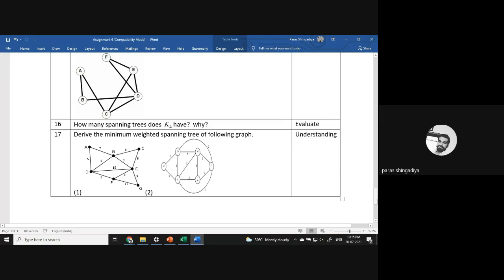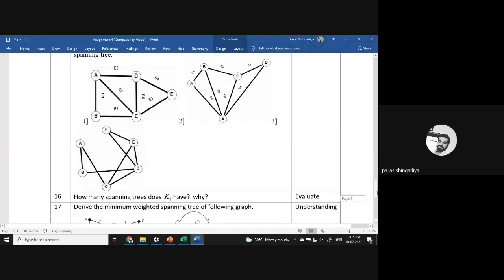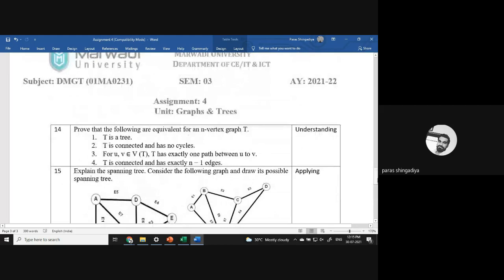Okay, and you can also try it. It is also very easy. So practice it and revise all these concepts of this unit again. Clear? And practice it for writing.